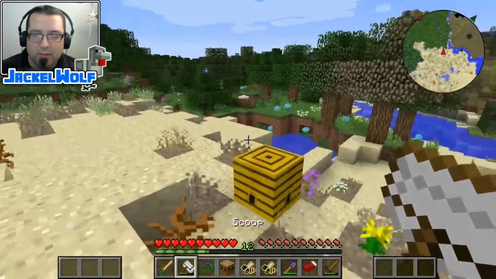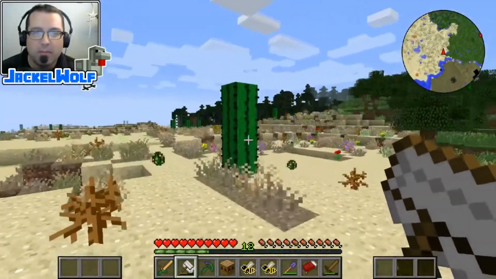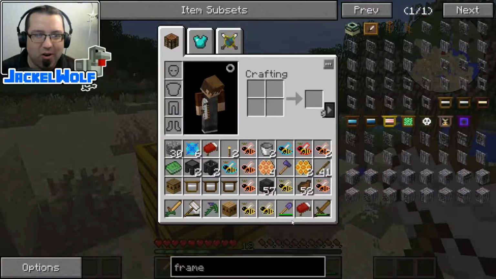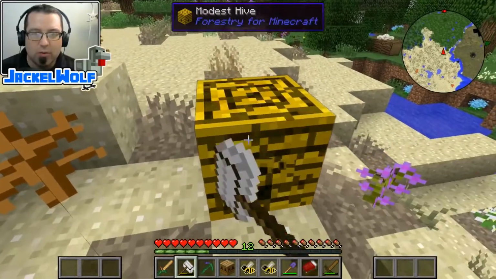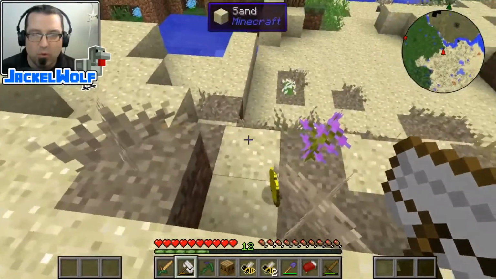Okay guys, so I am back, and as you can see, I found not 1 modest hive, but 2 modest hives in close proximity. My only concern is I found a lot of other stuff on the way that I just couldn't pass up. But what we're going to do here is break this hive with our scoop, and that's going to get us some more modest